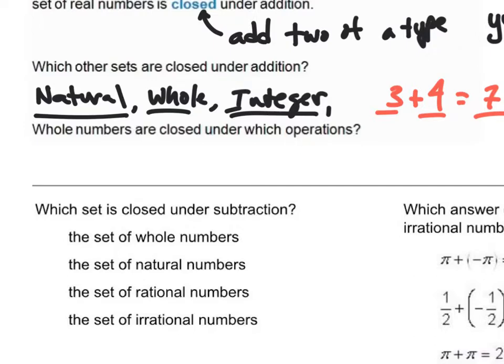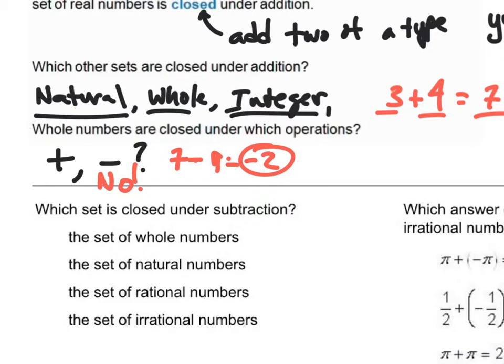It says which numbers are closed under which operations. Whole numbers. Whole numbers are closed under which operation? So if I take a whole number, for sure we can do addition. We know it's closed under addition. Is it closed under subtraction? I think so. Well, they can't be negative, right? But if I take 7 minus 9, I get -2. That's not a whole number. So no,